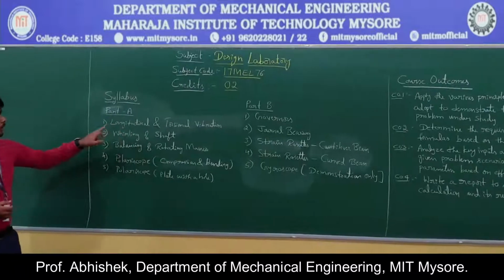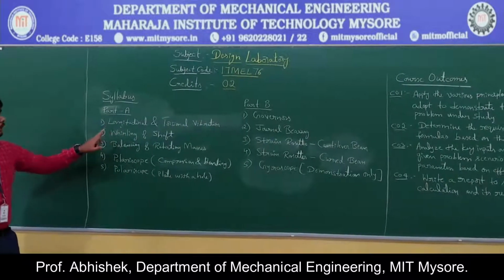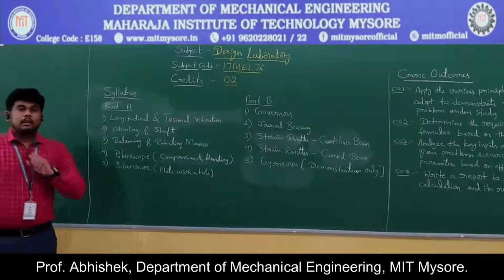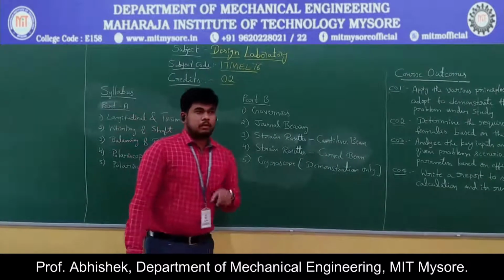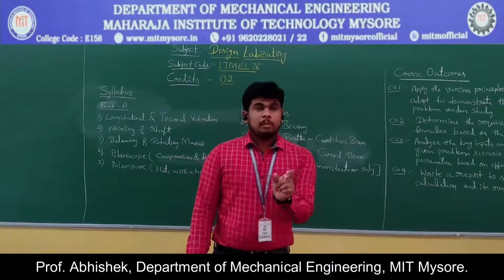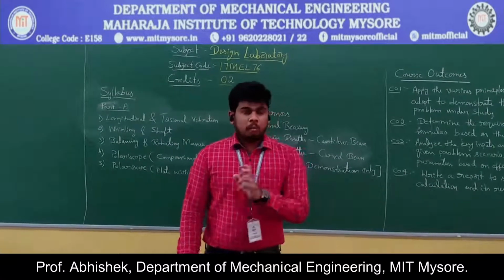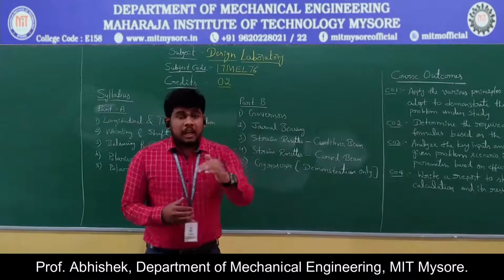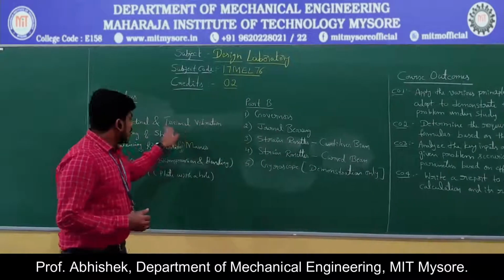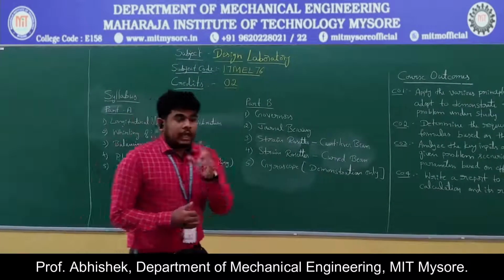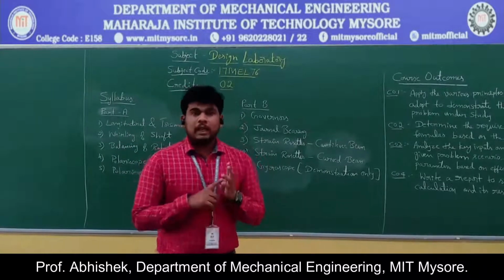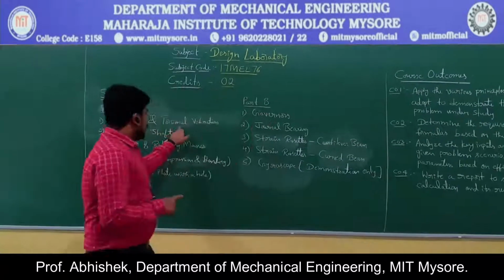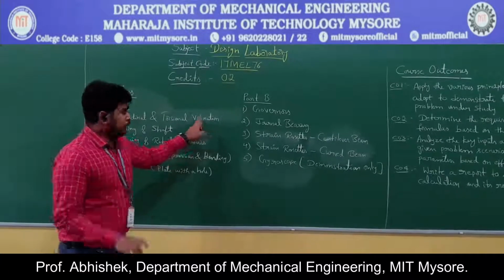Okay, let us see the syllabus under part A. The very first one is longitudinal and torsional vibration. In the 5th semester design subject, dynamics of machinery, we have studied the vibration concepts. What is vibration, types of vibration, and also solved some numerical problems. Based on that, you have the experiments on longitudinal and torsional vibration. In torsional vibration, there are two conditions: one is damped system and the other is undamped system. So under torsional vibration, you are going to conduct two experiments.